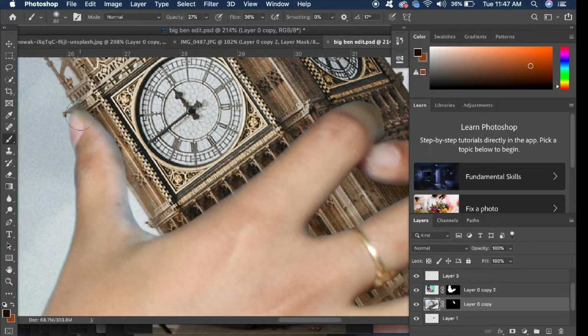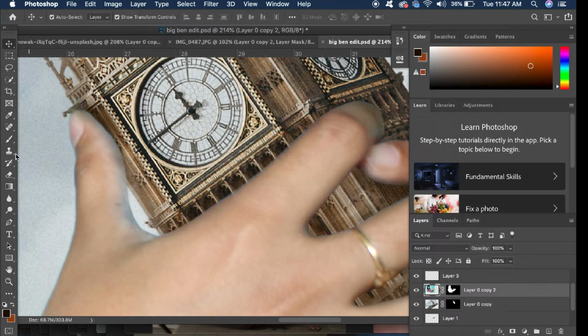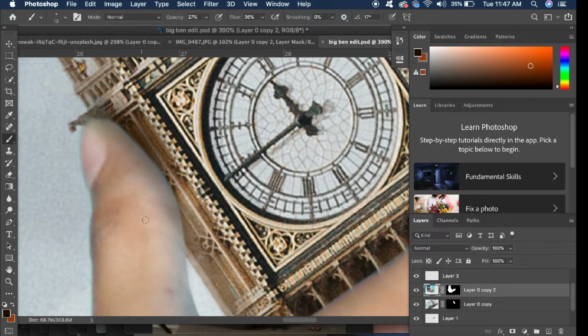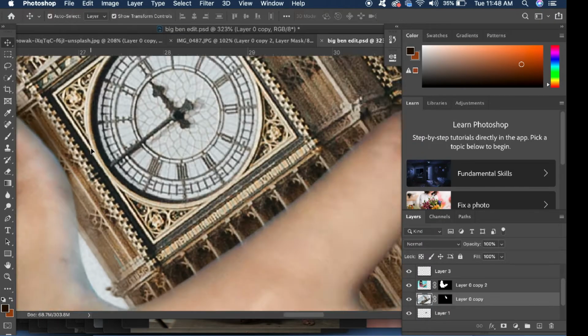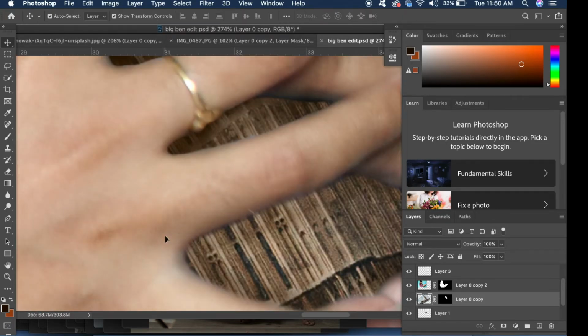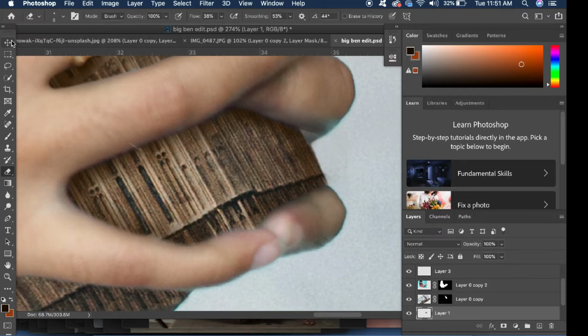Now the next step is very important and crucial because this step is going to make or break any manipulation, that is adding the shadows. So I am going to add some shadows with the brush tool in the sidebar of the toolbar. I am going to use the darkest tone of my skin color, that is the darkest brown, and then I'm going to move my brush, leaving some stain of colors between my finger and the Big Ben. Similarly, I'm going to add some shadows and depth between my hands and the Big Ben. Adding shadows can be very tricky, so please observe more and be careful while adding shadows. Don't overdo it, neither do it less.